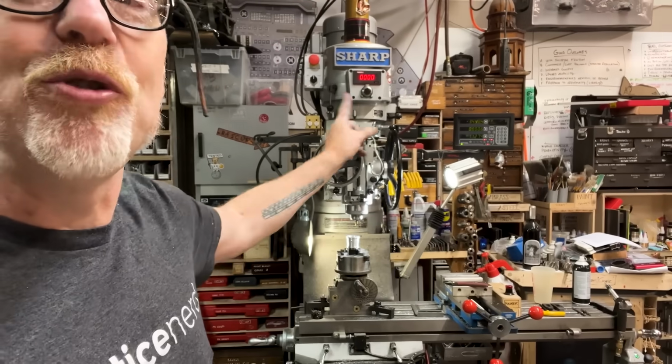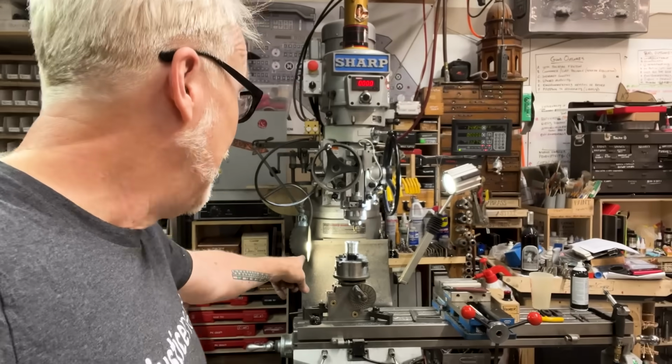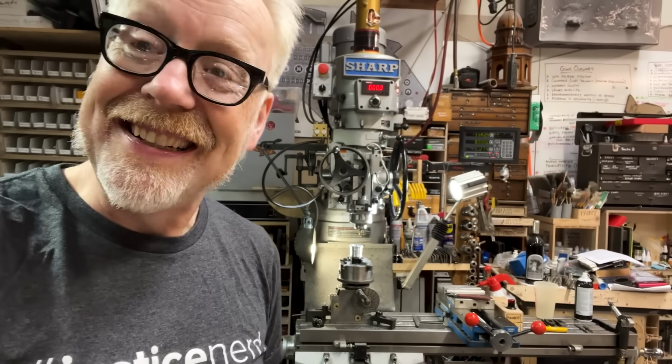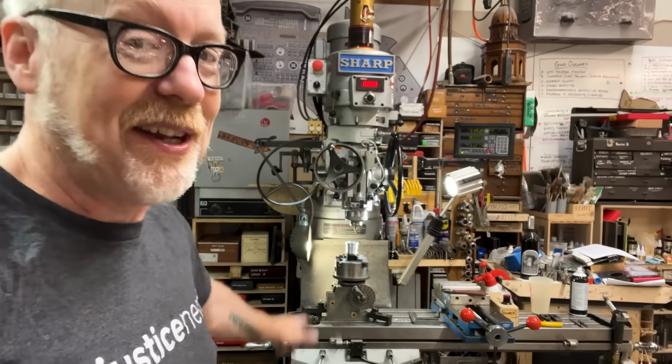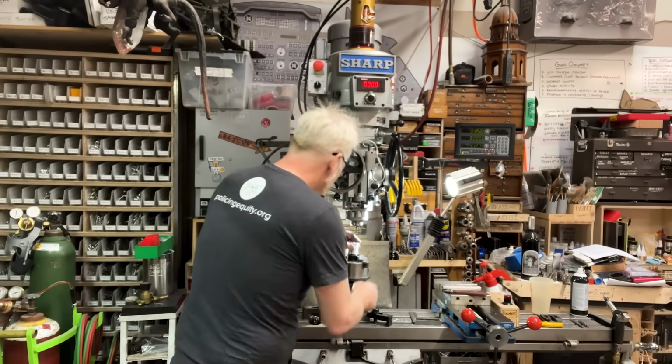And all this is the longest way of saying my brand new sharp mill, it's like 2 years old, which is effectively, to a mill, like you've just been bottle fed. It's really nice to have a mill that works all the way out to the ends of the ways. That's all. I told that whole story just so I could say that. Okay, so